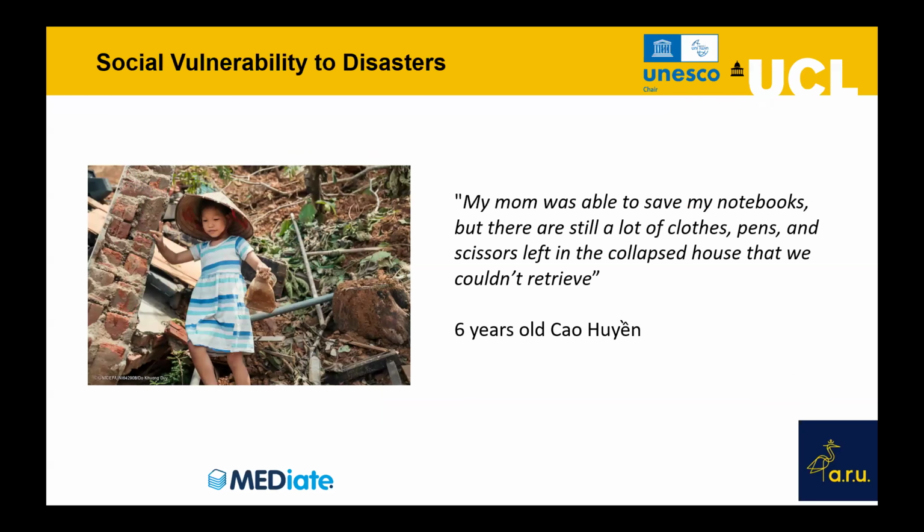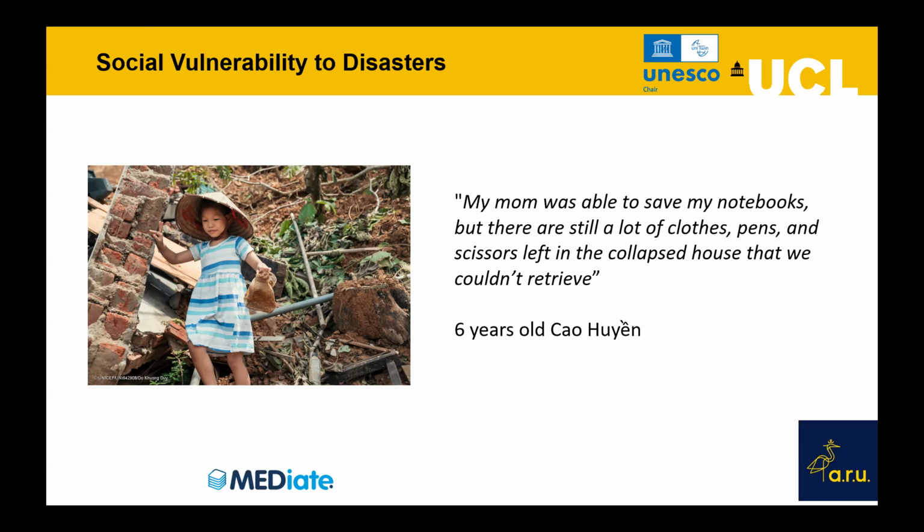This is Keo's story. She's a six-year-old girl. Her house was completely damaged by a recent typhoon in Vietnam. You can see she's collecting her toys from her collapsed house. Based on the picture, you can say it's built using typical materials. So based on the modeling method explained by previous speakers, we could model reasonably well the damage to this type of building. But what we didn't know was about Keo, or what she cares about, or what she would lose